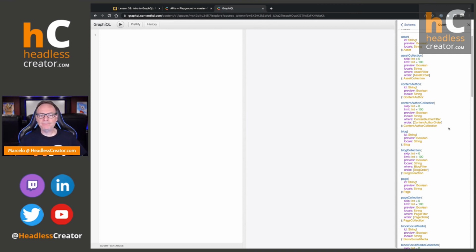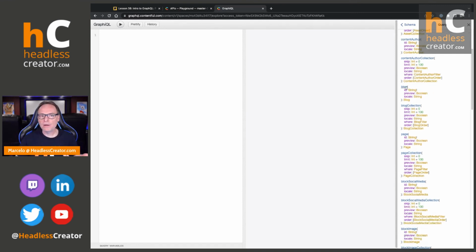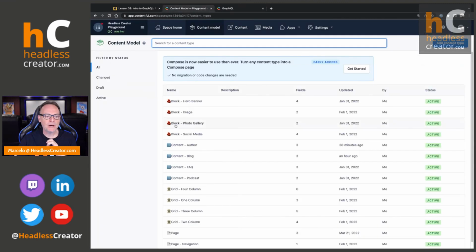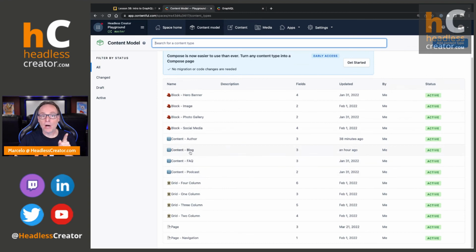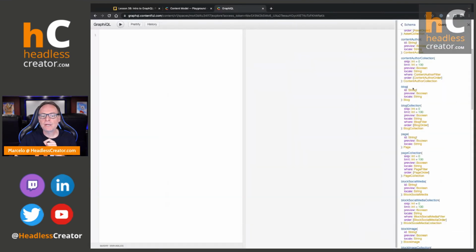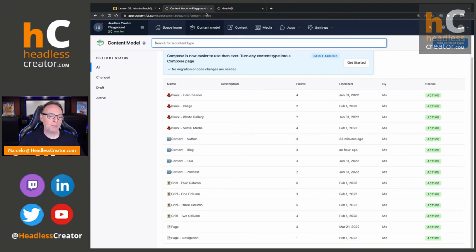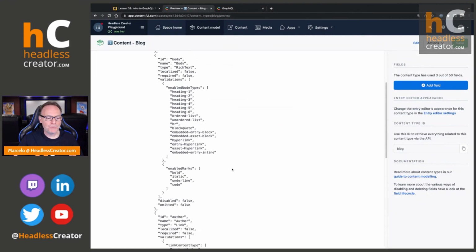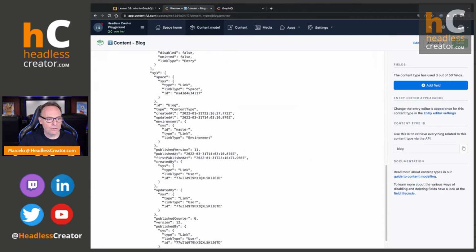Excuse me about that. Then you can see I have a blog object, which equates to my, go back to the content model, equates to my blog content type. And remember what I mentioned, even though it's called content blog, in GraphQL, it's going to be blog. That's the name of it. Because if we look at, for example, we go back to blog, and we go back to JSON preview, and we go to the ID, there it is. You can see that's the name, and that's what GraphQL uses to generate